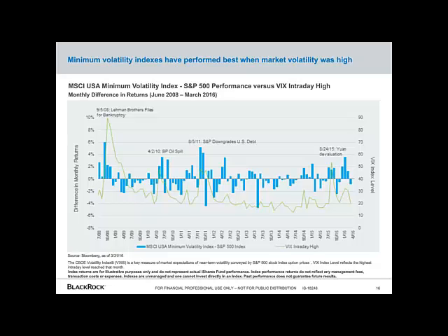So the green line on the screen represents the VIX, a measure of implied market volatility. And the blue bars represent the relative performance of the MSCI USA Minimum Volatility Index versus the rest of the market. So when did it beat the market? When did it underperform the market? What you can see is that in each instance of increased volatility in the market, including last August and the beginning of 2016, the minimum volatility strategy has outperformed the market.